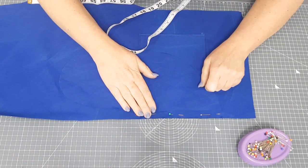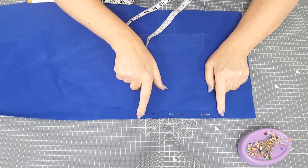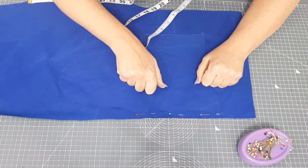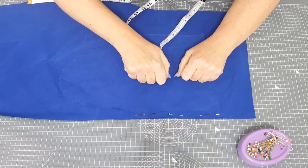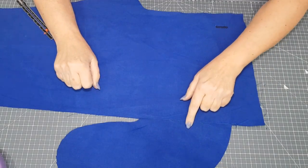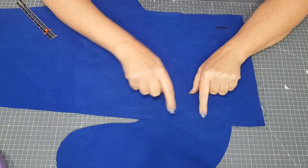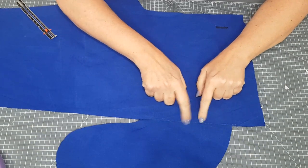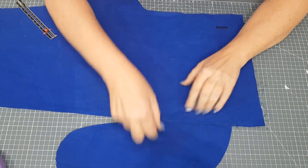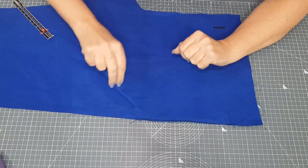So go ahead and stitch that one on, and then you're going to overlock or neaten just this area here that you've stitched. So you've got 4 seams to stitch and 4 little bits to neaten with the overlocker. So I've stitched my pocket on and I pressed everything towards the outside, and then I've understitched. So as we did around the neck on the top, I've understitched the pocket to the seam allowances at the side here. I'll just show you, I did neaten that little bit as well with the overlocker before I did